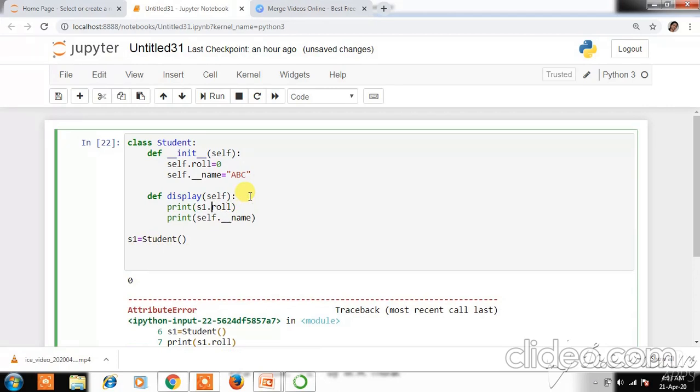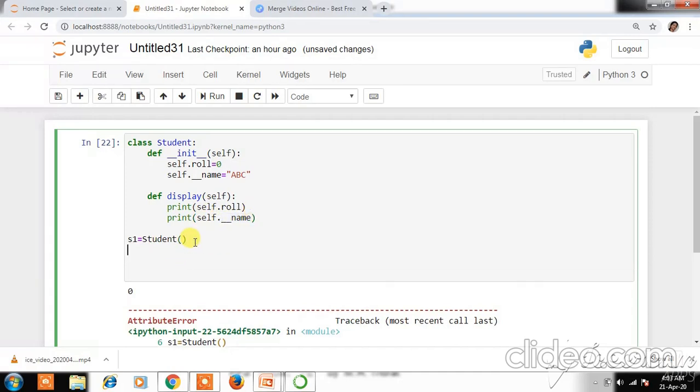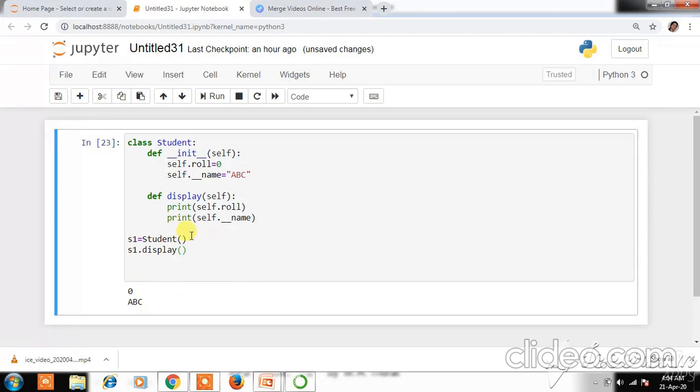For a public member, it doesn't matter whether we access it within the class or from outside the class, because it is accessible anywhere. But private members must be accessed only within the class. After writing the display definition, simply call the display function by writing s1.display, and then re-execute the code.